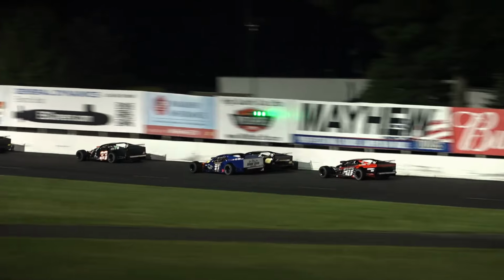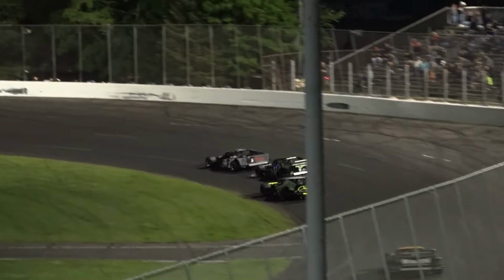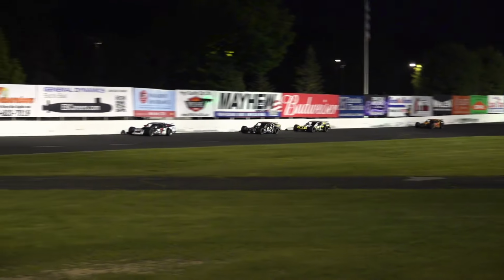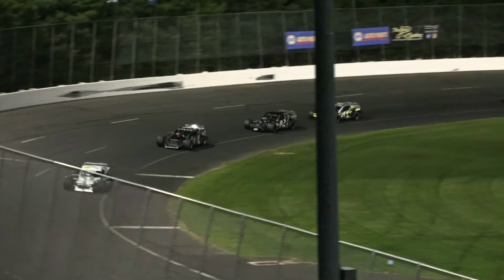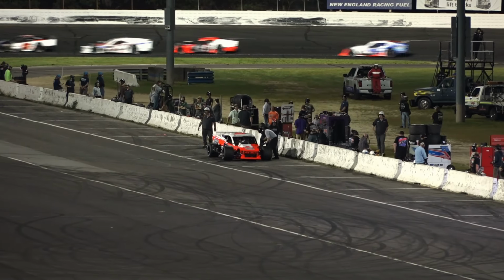Back up front, leader is Pulio. Off the turn, leads him back to the stripe. Jonathan Pulio, Michael Christopher, right there, running in his tire tracks. And here comes Chapman. Chapman upsets Christopher for a moment, rattles him, but it doesn't work. Had to look to the inside off of turn number 2 and then had to back out of it just a bit. That allowed the race leader to pull away as they put a lap on Art Caruso in car number